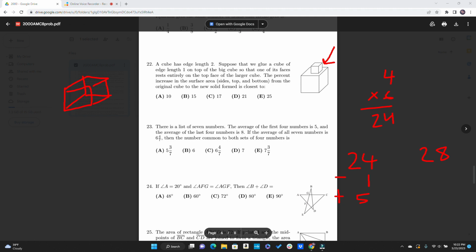And we want to find the percent increase from 24 to 28, right? So basically it's saying we've increased by 4. And 4 is what percent of 24? Okay. So 4 is to 24 as some number is to 100. And we can cross multiply here. So 400 divided by 24,